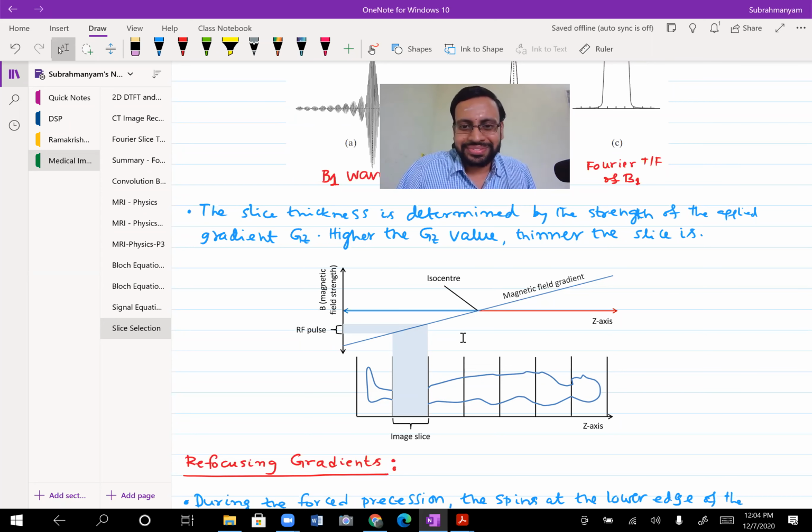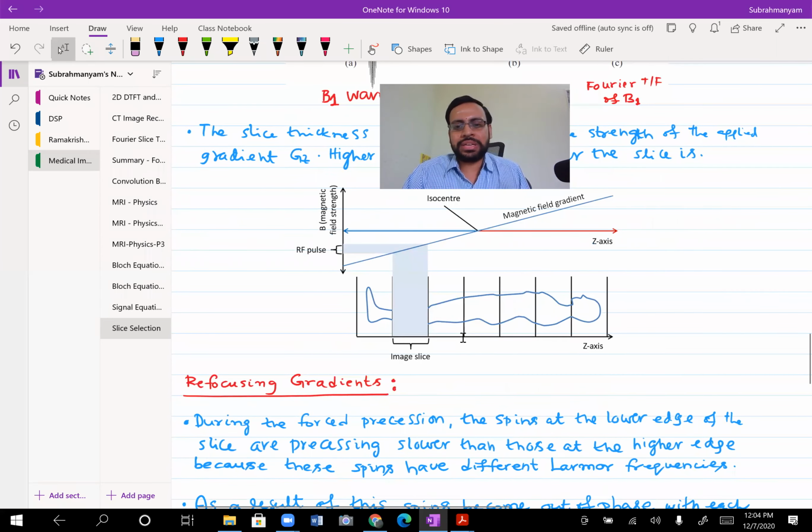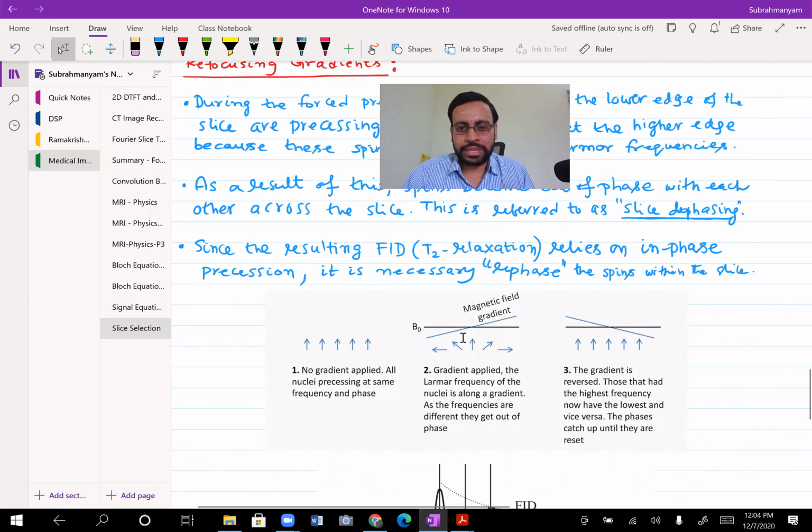So what if we go with a smaller slice, like a thinner slice? Yeah, with a thinner slice, this effect would be smaller perhaps. That's possible. That's again a quick comment I made. I need to make a bit more analysis of it, but it appears the impact would be relatively less.